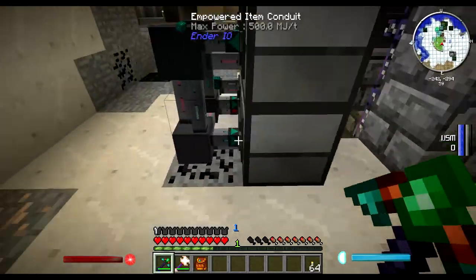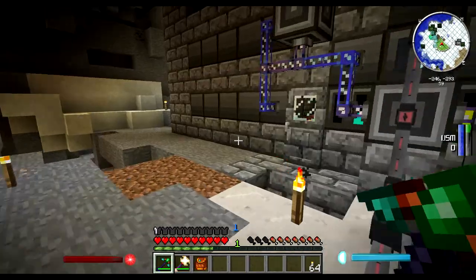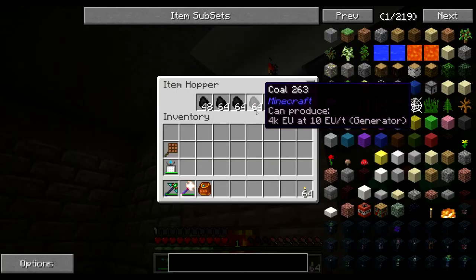One thing about this, I haven't got creative flight yet because I prefer having the jetpack to creative flight because it just gets annoying. So if we go and have a look, basically the coal is being put into here by hoppers, so I can just put as much as I want in,